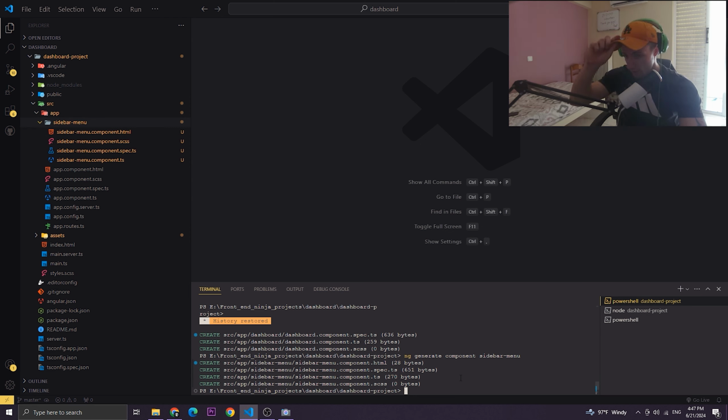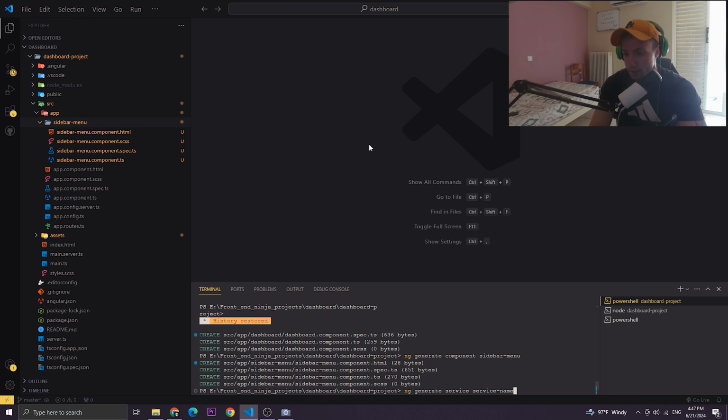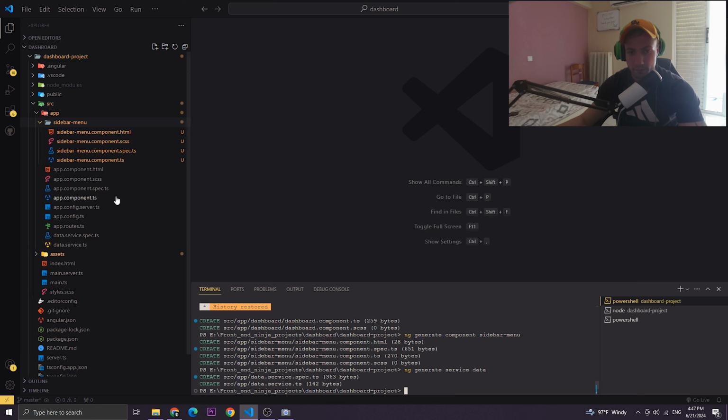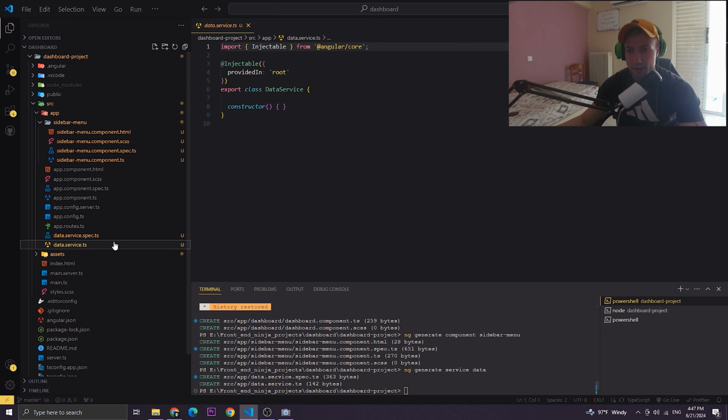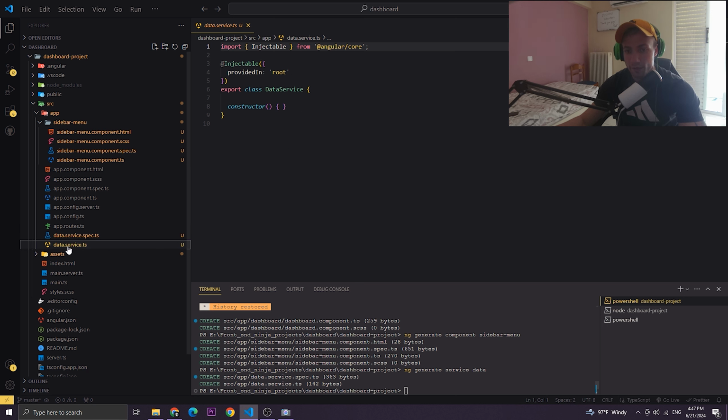First things first, we want to create a service for our data in the dashboard. So what we're gonna do is ng generate service, and then we're gonna call it data, I guess. So the data service, it generated two things, one thing right here and one thing right here. We're gonna focus on the data service